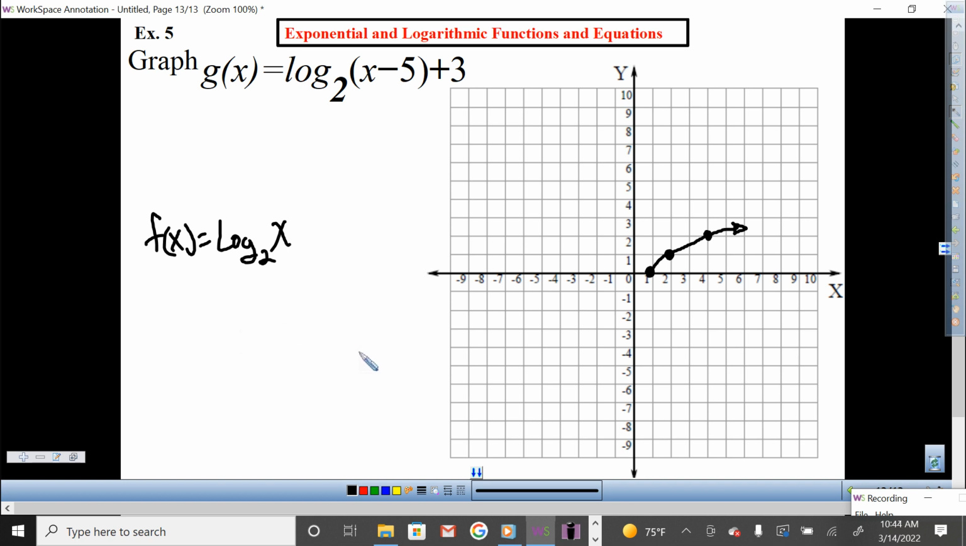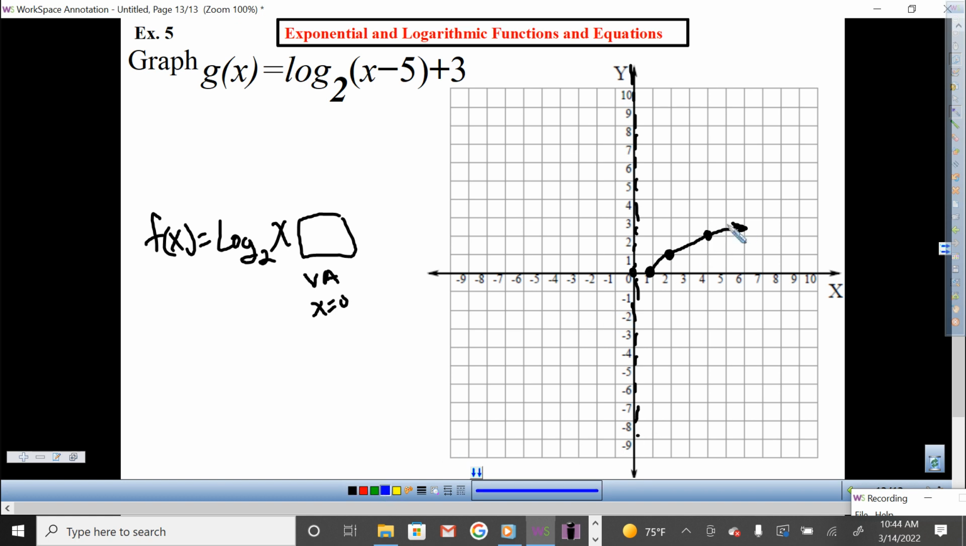Okay. Now check this out. By looking at it, does it have anything next to the x? Anything here? No. So that means my VA is x equals 0. Here's 0. And my VA, vertical asymptote, it's right there. Okay. So with that said,